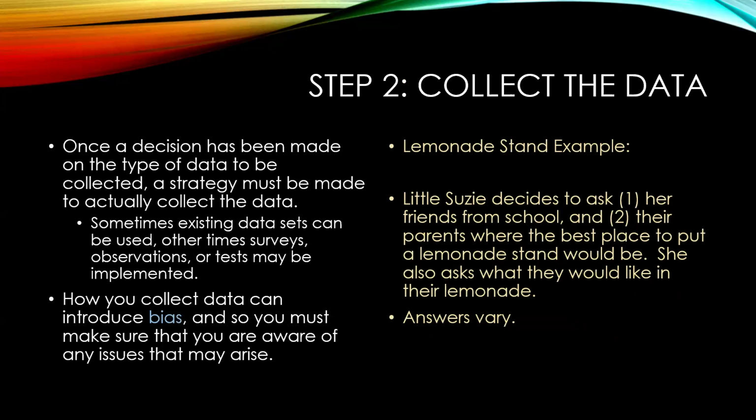So step 2 is collect the data. Once a decision has been made on the type of data to be collected, a strategy must be made to actually collect the data. Sometimes existing data sets can be used, other times surveys, observations, or tests may be implemented. How you collect data can introduce bias, and so you must make sure that you are aware of any issues